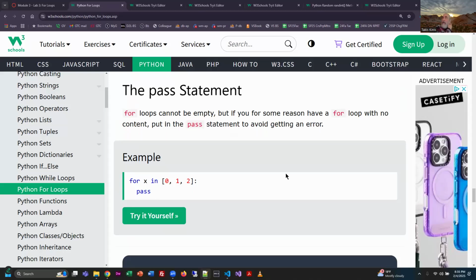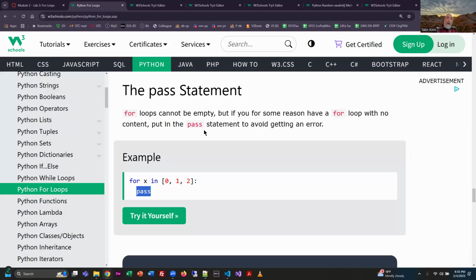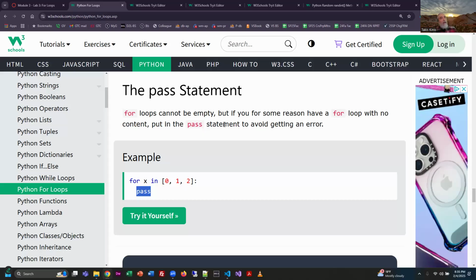Another thing that you might notice, and this is something I ran into with doing functions, by the way, is if you're building a loop and you don't have your code to put in there yet, but you still want it on the page so you don't forget what you're doing, you can just drop in what they call a pass statement. So it's not flagging the debugger in the program. That's just a temporary placeholder that programmers use to avoid getting an error. I don't use that very often. If I'm not using a for loop, why would I even type it in? I would comment it out before I put that in. That's my brain, but you can operate any way you wish. All right, let's go ahead and try to